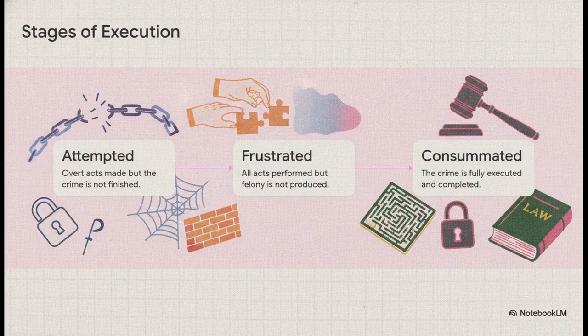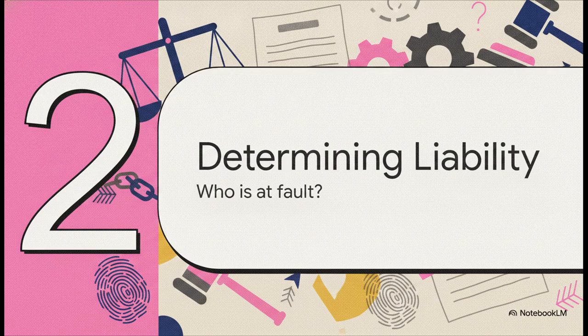And a crime is rarely just a single instantaneous flash. It has a whole life cycle. The law carefully breaks it down by stages of execution. Was the crime merely attempted? Was it frustrated by some outside cause before it could be finished? Or was it fully consummated? Interestingly enough, the law also recognizes things like spontaneous desistance, where an offender actually backs out before finishing the act, and even impossible crimes, where the crime was literally doomed to fail from the start, but the criminal intent was still dangerously clear.